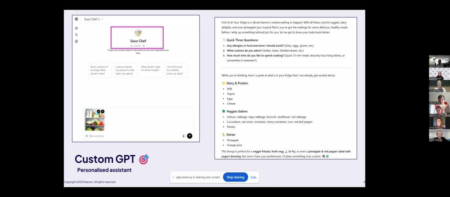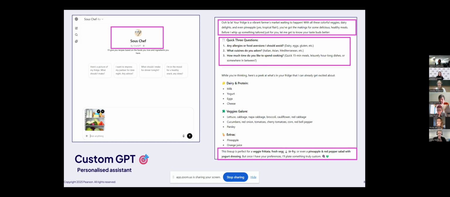So really importantly here, we've got a really different tone. This custom GPT has been programmed to talk to the user in a particular way. It's pretty fun, it's engaging. So we've got a really personalized tone. And then I want you to look to the bottom. I got asked a few more questions, which is great. Then at that final section, I got given a couple of recipes or food ideas, right? So we can see that custom GPT is not only more customized, personalized, less generic compared with the tone in the previous example, but it jumps straight into the task.